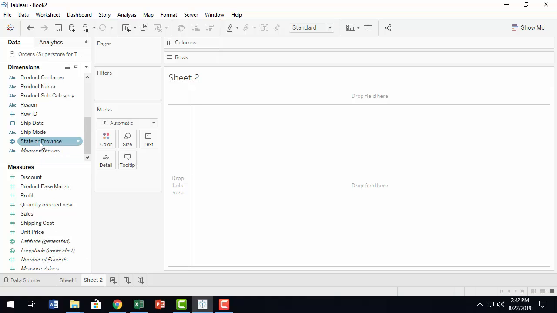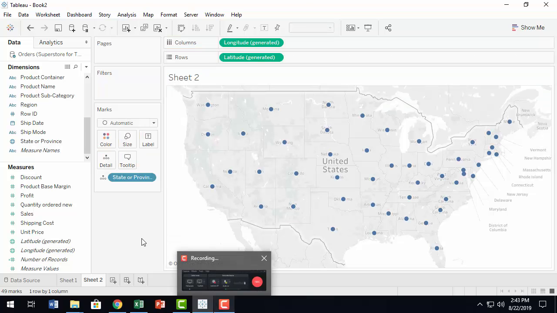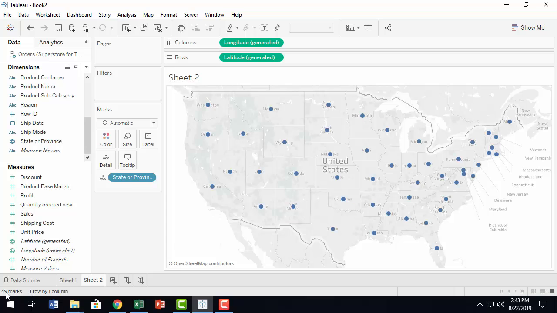So, suppose I bring in state or province into the sheet. Right now we have 49 marks. There is no Hawaii or Alaska, but I think there is DC. So that is why we have 49 marks. Well, if I bring it into label,